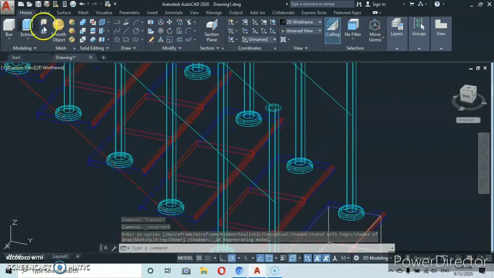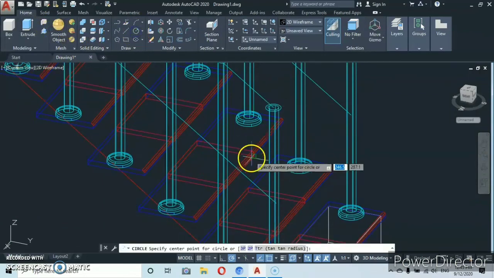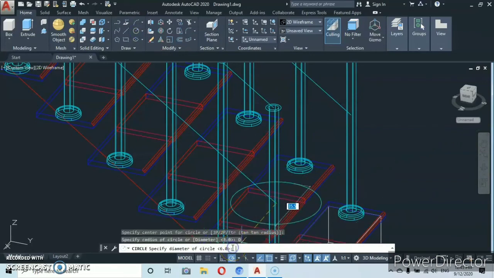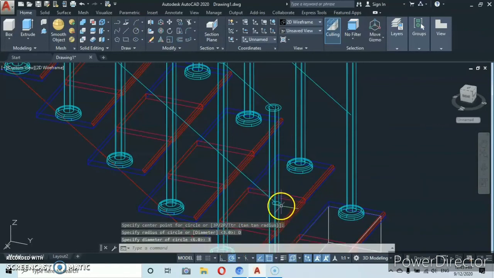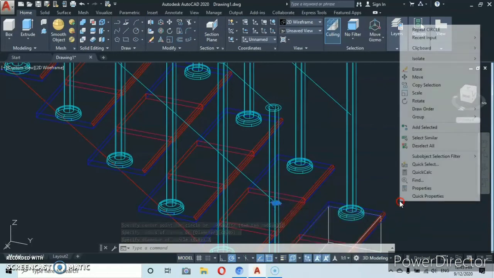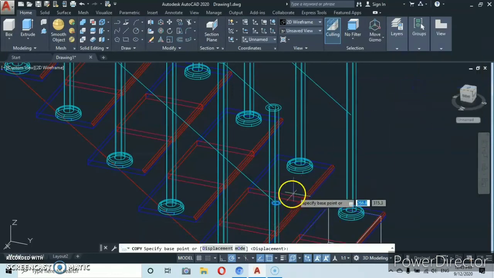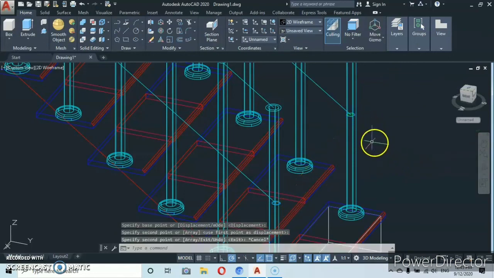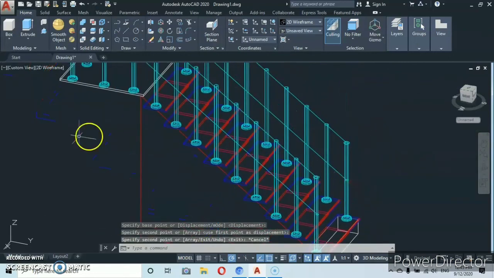Let's draw another circle. Let's make this one a diameter of 3, enter. And let's copy the circle and bring it to this point. Now let's use the